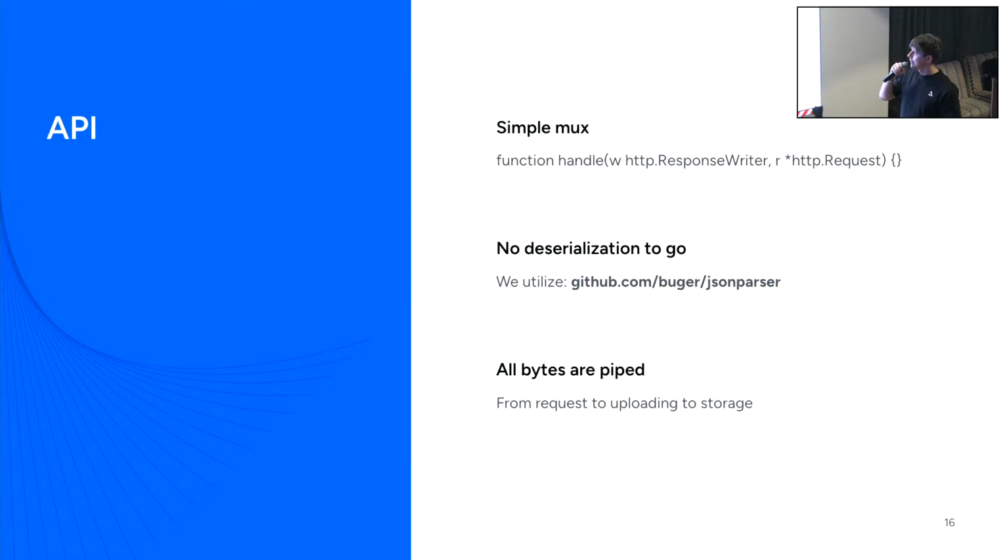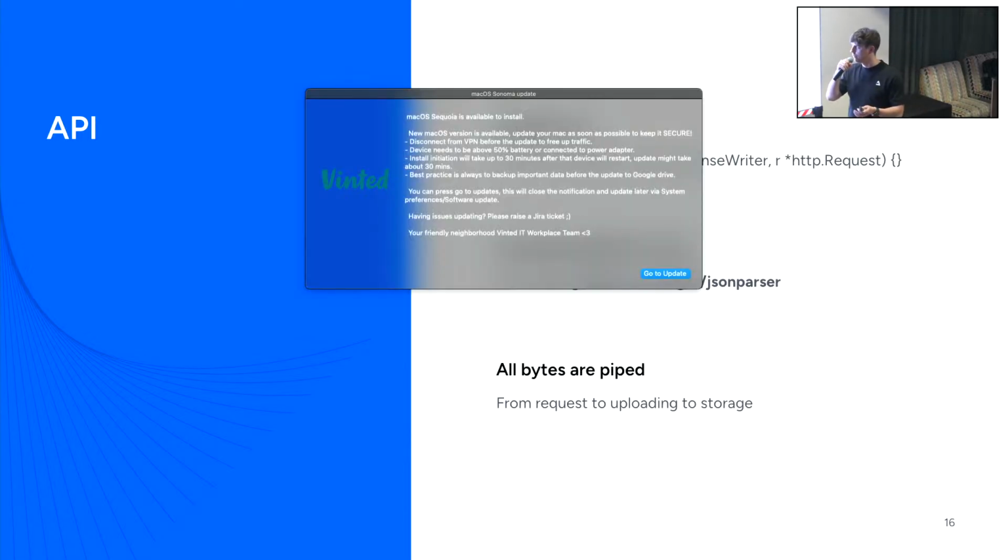So what we ended up doing, the API endpoint itself is literally the simplest possible mux. It's just a function handle, response writer, and request. Most services in CastAI are using gRPC with a gRPC gateway that acts as a translation layer from REST to gRPC. But machine-to-machine communication is using gRPC. So we initially started with the same thing. You know, you have a hammer, so